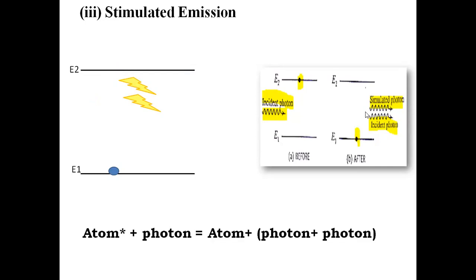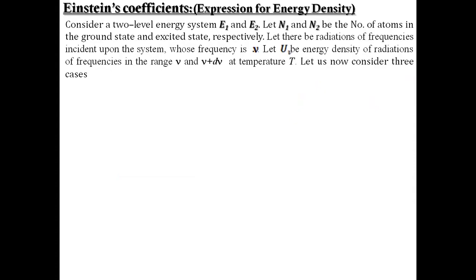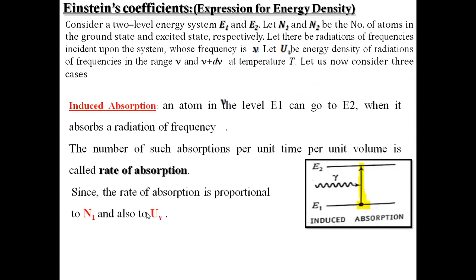These are all explained in the previous class. And then I have showed the derivation of expression for energy density. I just want to remind once again, energy density means I require energy to excite the atom in the induced absorption phenomena, and also I require the energy in the stimulated emission phenomena. Therefore, I have to obtain the expression for energy density. Energy density is represented by U mu d mu, or U mu.